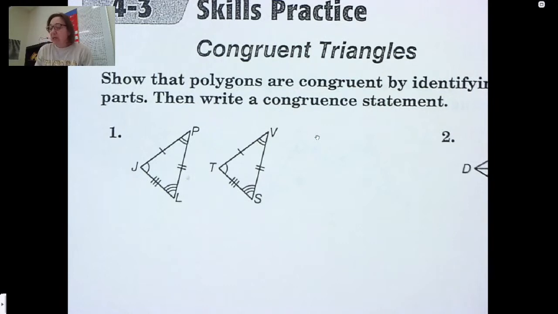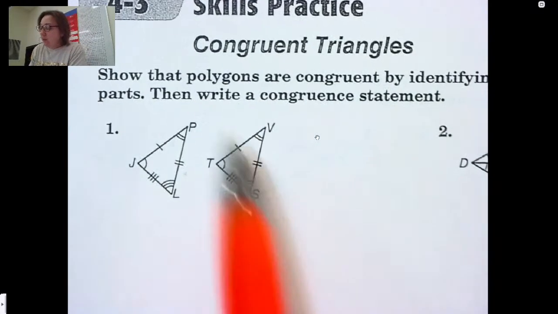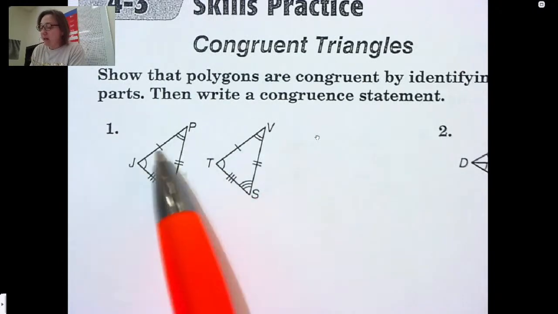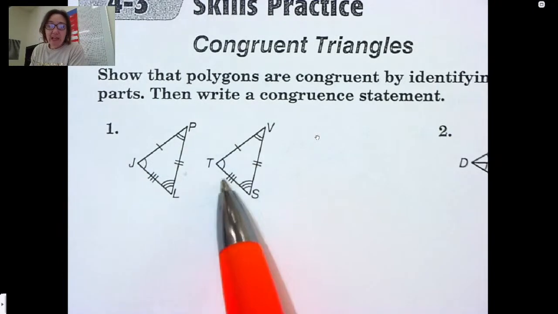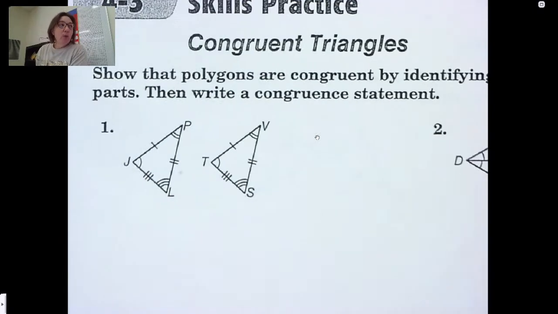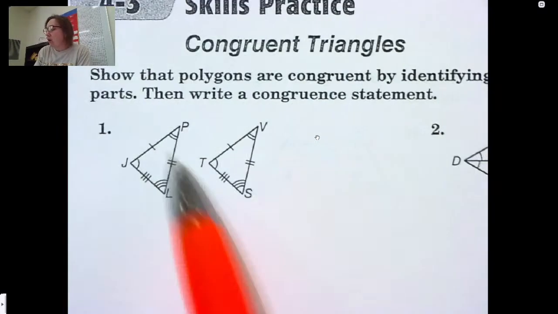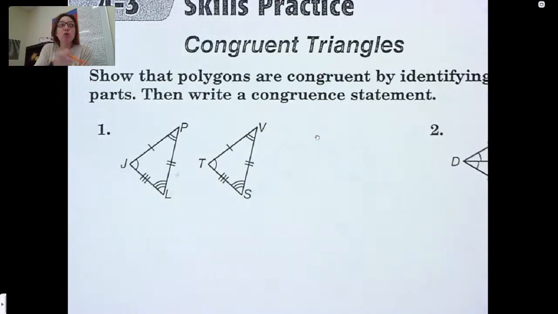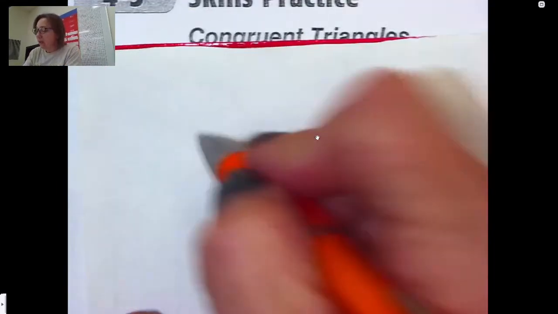All right? Now, these two diagrams, notice how they have these hash marks? These hash marks are telling you that these different things are congruent. And what we know is, if you have two triangles and all of their parts are congruent to each other, then those two triangles are congruent to each other. Now that just makes common sense, right? But it's an actual theorem. So it's called